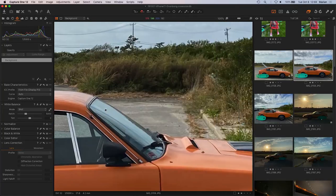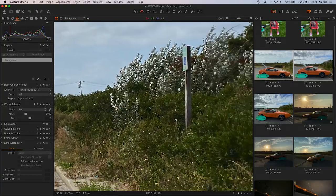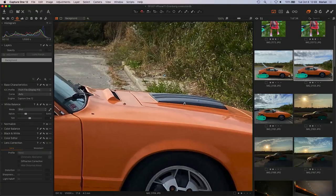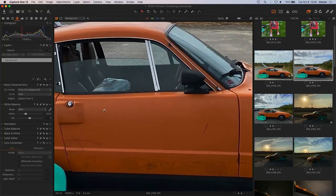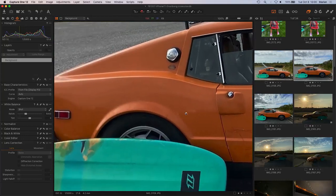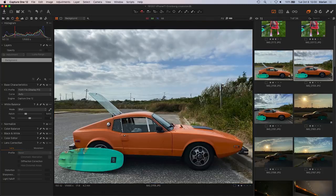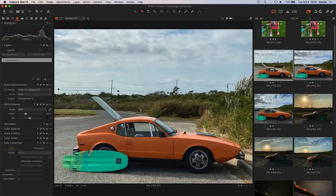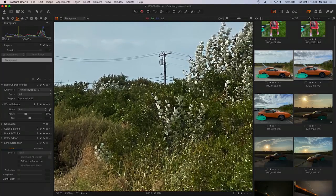So looking at details, I really like what I'm seeing here on the regular lens. I am not going to complain about this one. It is a little bit sharpened, which is not unexpected. Unfortunately, it's JPEG only. You're not able to get RAW files out of the iPhone. There is no Pro mode, which is a little bit of a bummer. It would have been a game changer for Apple to do so. Comparing this to the longer lens,